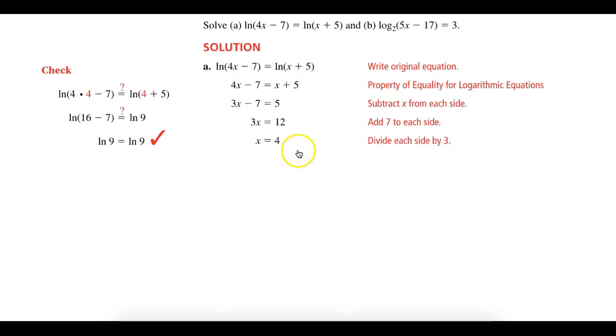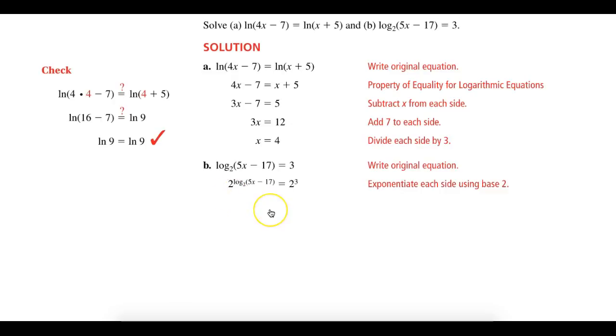The second example on here is log base 2 of 5x minus 17 equals 3. Now, in this problem, what we're going to do is take both sides and exponentiate both sides using base 2. So we want to get rid of our log base 2 on the left-hand side. The inverse property of that is the exponential property. Because we have log base 2, we want to take both sides and raise it up by a base of 2. So on our left side, we have 2 to the log base 2 of 5x minus 17. And on the right side, we take that whole side and raise it, so we have 2 to the third